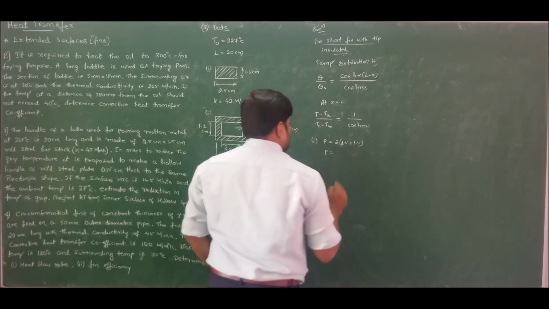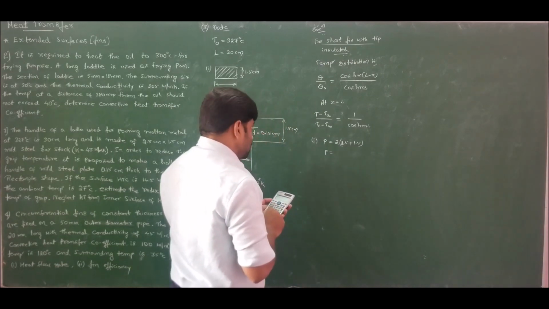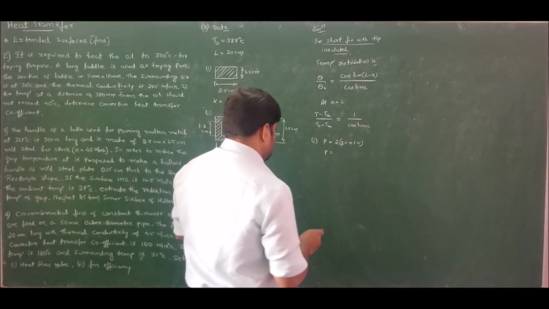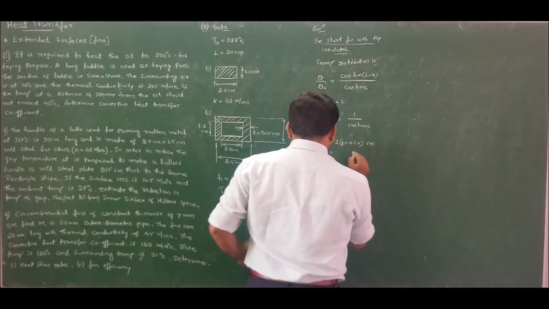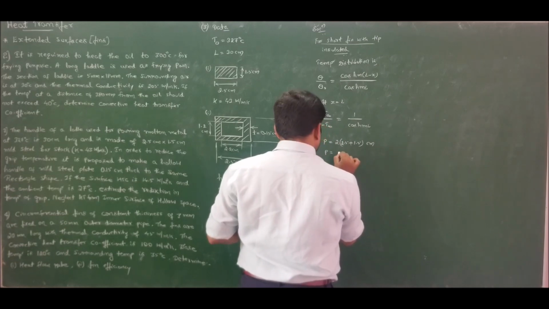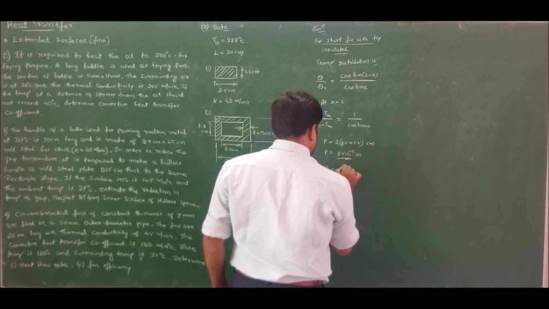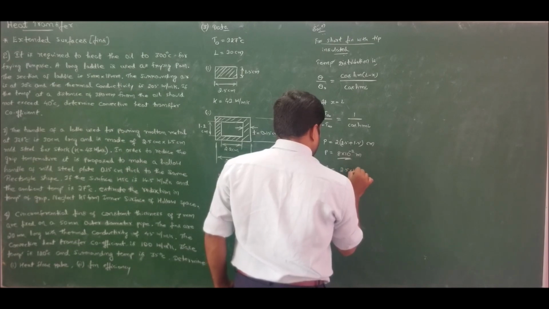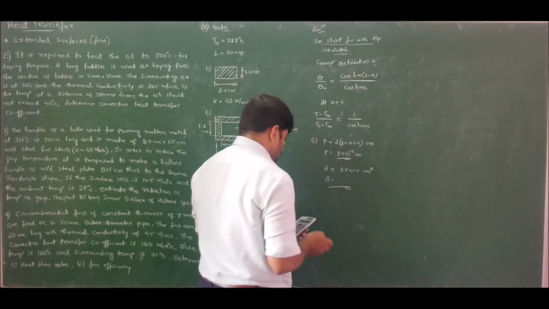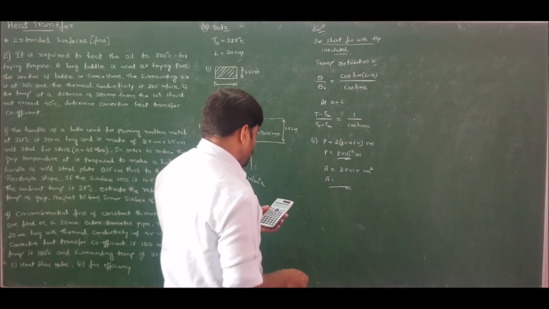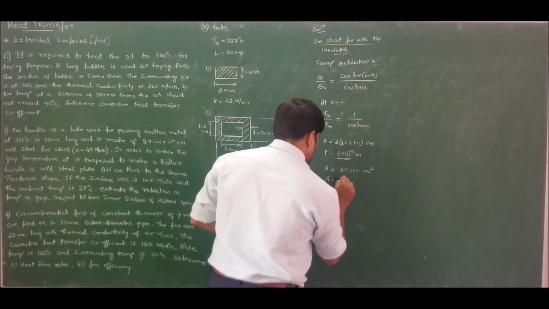So perimeter will be 2 times (2.5 plus 1.5), that is 8 centimeters, which is nothing but 8 into 10 to the power of minus 2 meters, whereas the cross sectional area will become 2.5 into 1.5 centimeter square, which is 3.75 into 10 to the power of minus 4